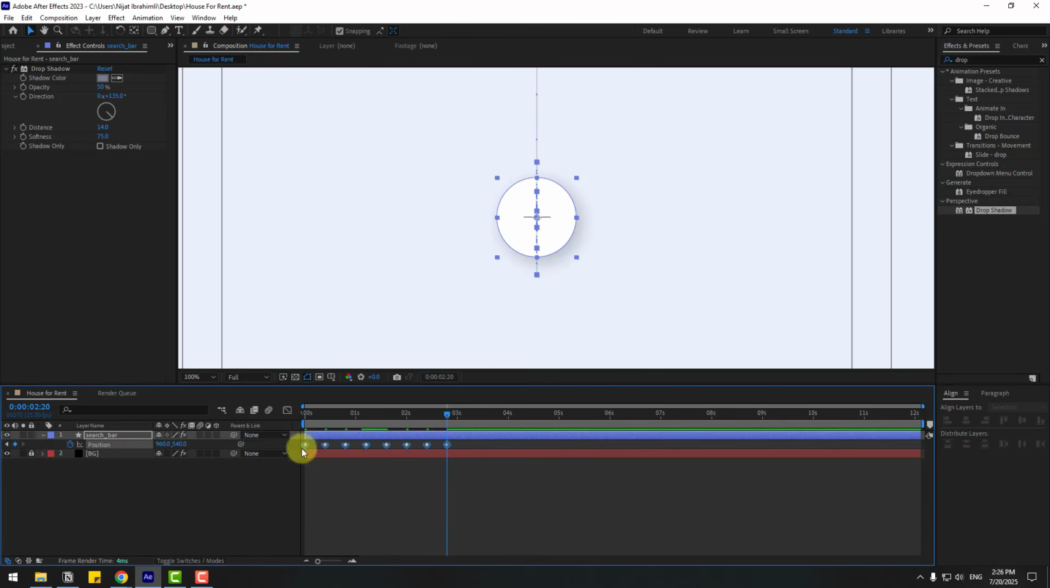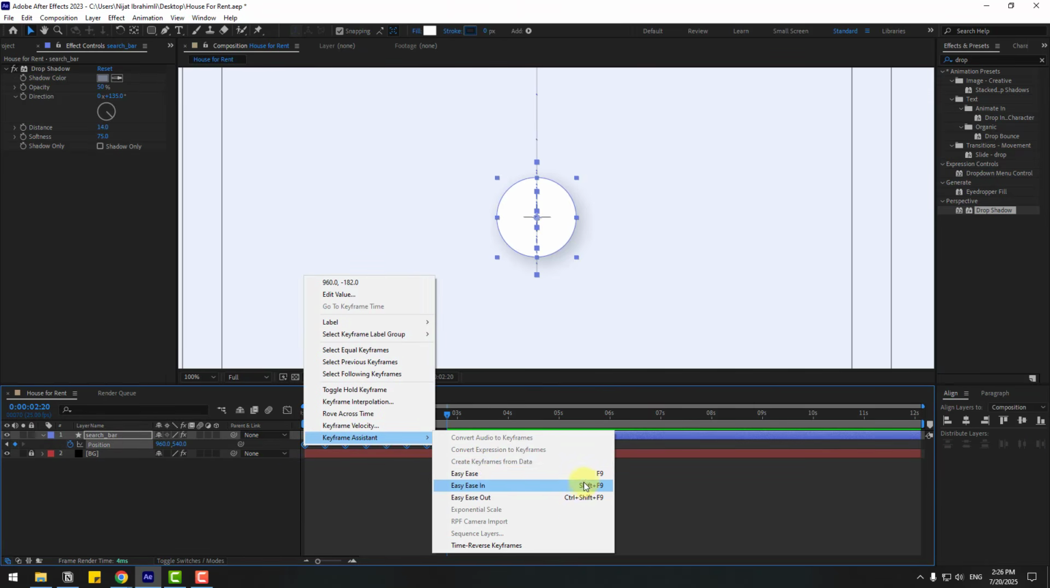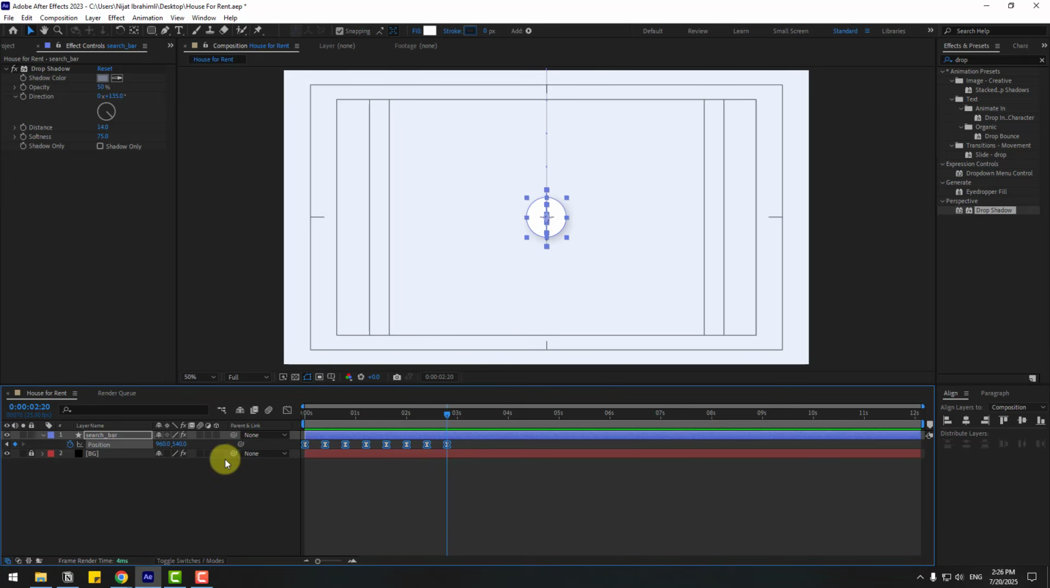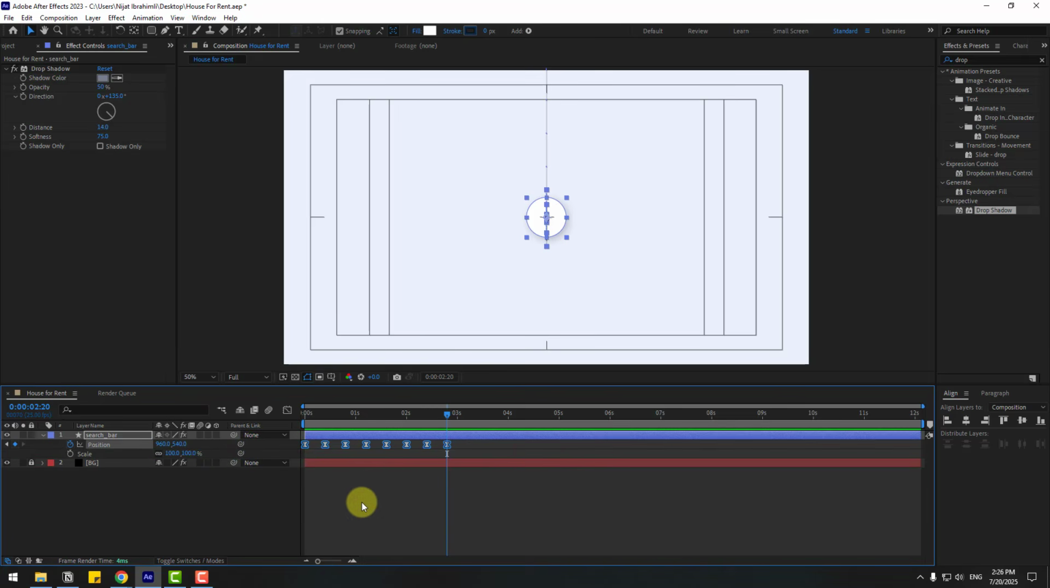So select keyframes and make them easy ease, or click F9. Let's see. Okay, that's good. So at this time, let's hold shift, press S, open scale and click this scale icon and